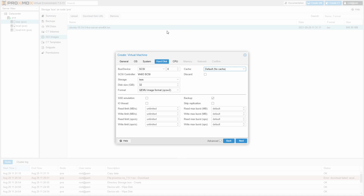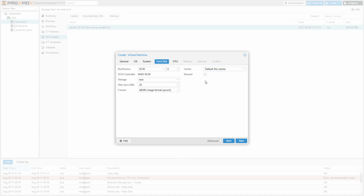Sorry. Yeah, lots of little settings setting up the VM. A lot of settings here with the disk, especially. I might just uncheck advanced so we can keep it straightforward. Yeah, on the storage part,